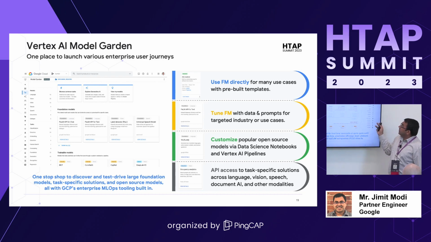Right, so this is again the Model Garden which I was talking about. This is where you will see all the first party, second party, or third party offerings. All the models you see here are completely tested, ready to go. And the best part I've seen in the last few months is that the number of models in this Model Garden keeps increasing. If I log in within a week, I'll see more and more models getting added. So there's definitely a lot of momentum in the industry as well as at Google in terms of getting more models added here so that our customers can directly benefit from it.